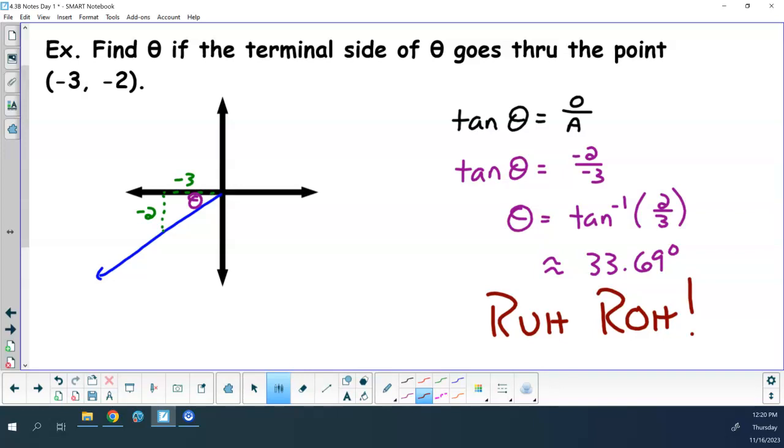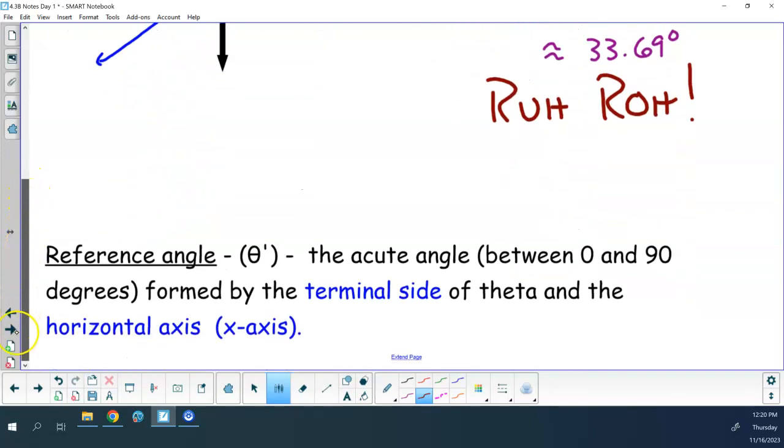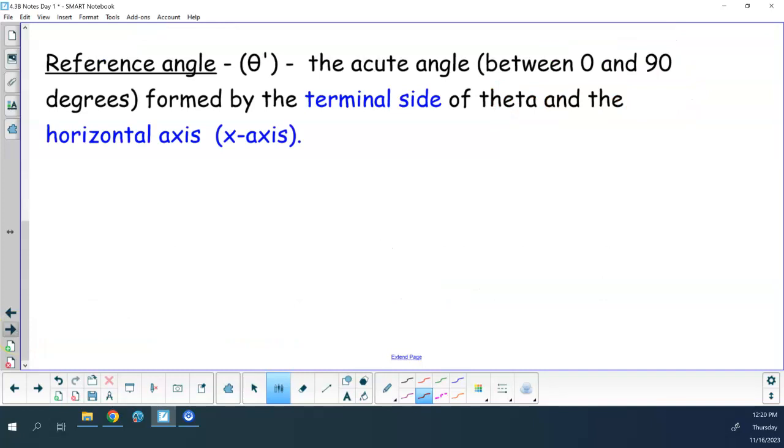Right? So, our math is good, but the problem is we found what is called the reference angle. Now, the reference angle is the acute angle, so that means it's between 0 and 90, which is what we found. It is formed by the terminal side of theta and the horizontal axis, which means the x-axis. Now, the most important thing from this slide is that we call our reference angle theta prime, and theta prime is always